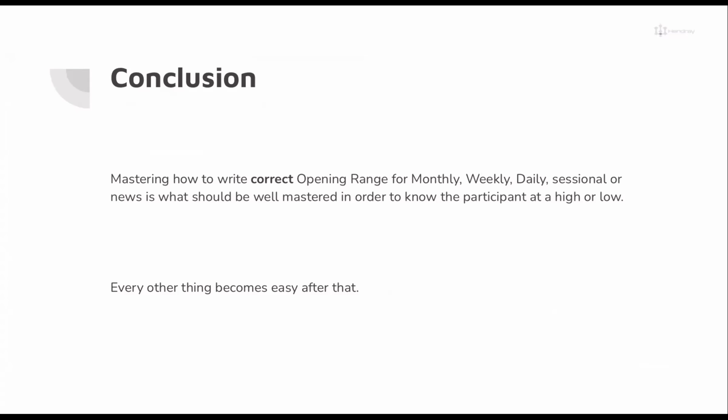News can maybe replace sessional. For example, let's say at this particular low here, this low was formed from a certain news. And that news maybe cleared the low first, showing that it is sellers. So that news is what will assume the sessional OR at that low. That is, it will be the S minus at that low. Meaning that whatever is now coming to raid it, we need S plus. So that is the only thing you need news OR for, just to know the charge. Does the news clear the low first or clear the high first, which is not so much important.